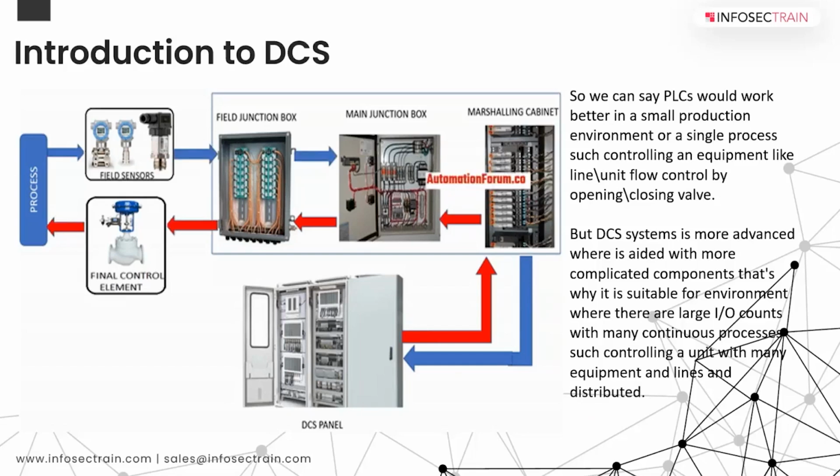This would be divided across a plant into different areas, and each area will be assigned a controller, right? And the whole system would be connected to a single control system. So here there are different controllers, and this is the field wiring. From this is the process. These are the sensors, junction boxes in the field: the smaller junction boxes, then the bigger junction box. Then we have something called a marshalling cabinet, and from the marshalling cabinet we bring it here.